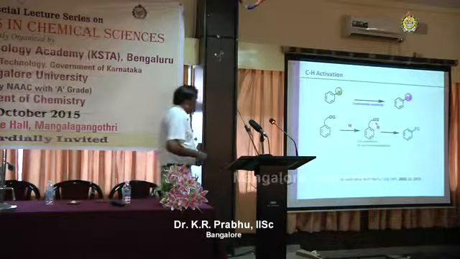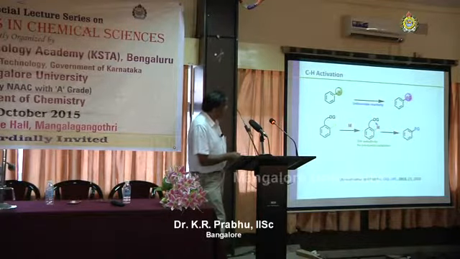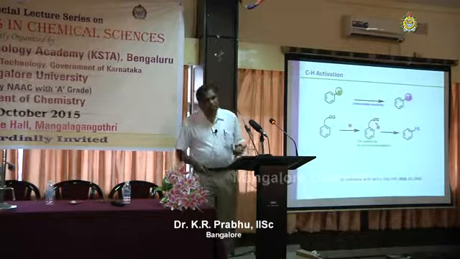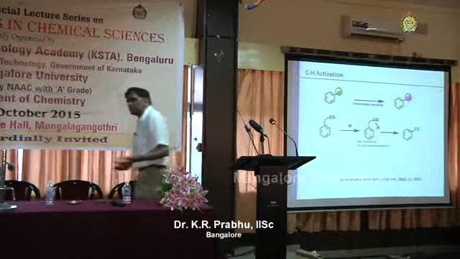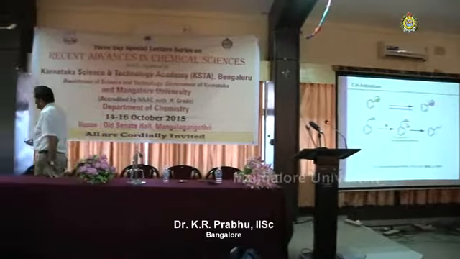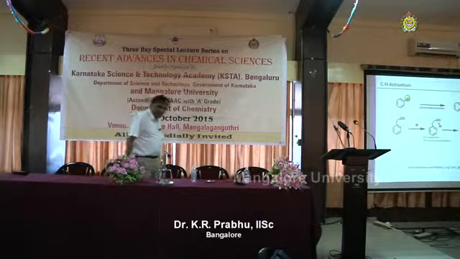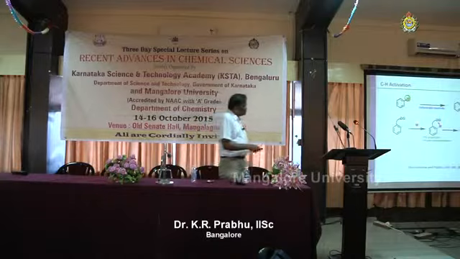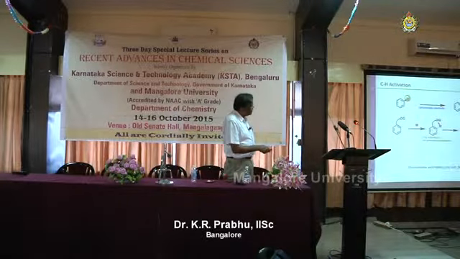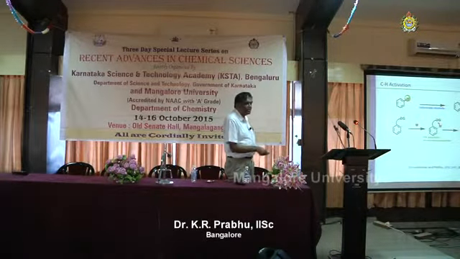This is, if you look in this cartoon, a benzene. If you put a functional group on one of the hydrogens over there, you cannot convert it just like that. Nothing happens. What you have to do is introduce another group to that hydrogen, then you put a metal over there. There will be a metallacycle between that hydrogen and that directing group. So then what happens? Suddenly this hydrogen becomes activated.